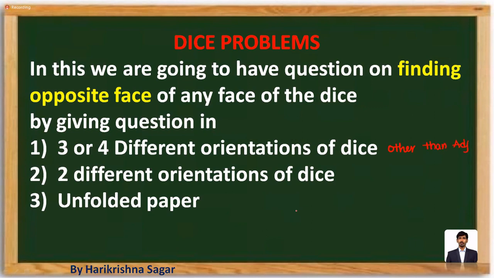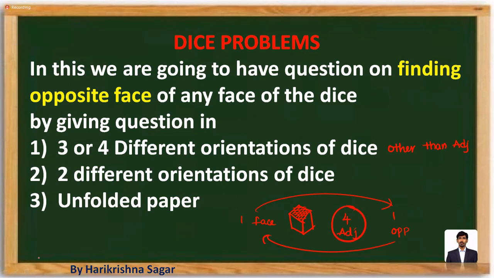So that means for any particular dice, if they are expecting us to find out the opposite one, for example, for this, what is opposite? So what are adjacent to this? For one particular face, 4 faces are going to be adjacent, and the remaining one face is going to be opposite. So they are asking for the opposite of a particular face, and we just need to find it out. So in order to find the opposite, instead of finding the opposite, try to find the adjacent.